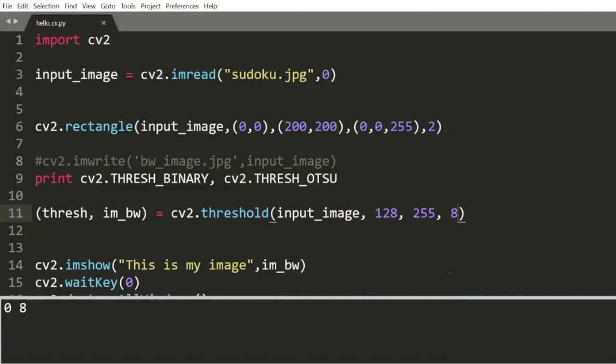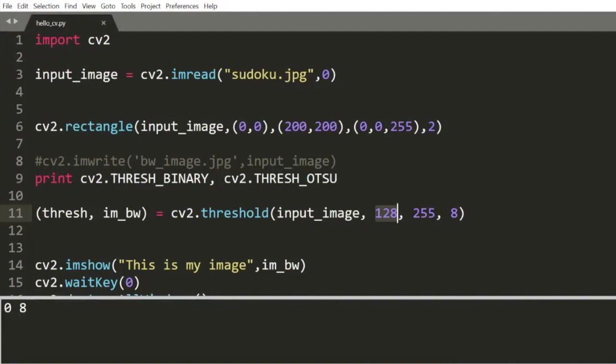To do that, we went to OpenCV, we looked for a function to threshold that, and we got this function over here. This function takes a few parameters. The first parameter is the input image. The second one is at what level do you want to do the threshold? If you saw, there were a lot of things which were going black.